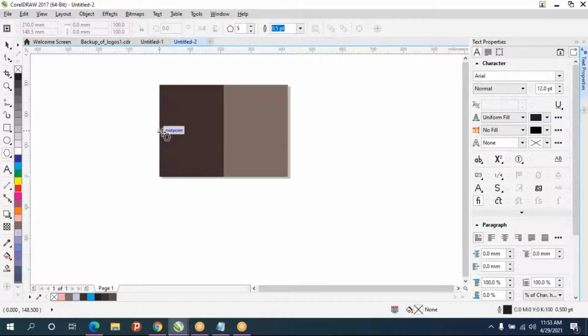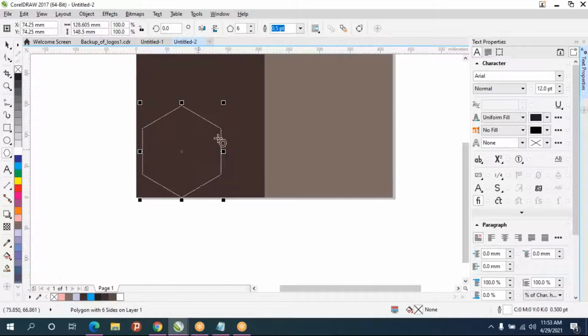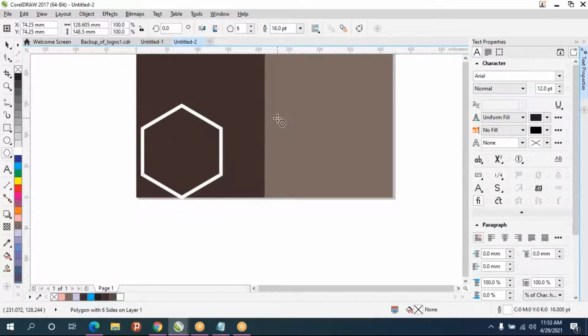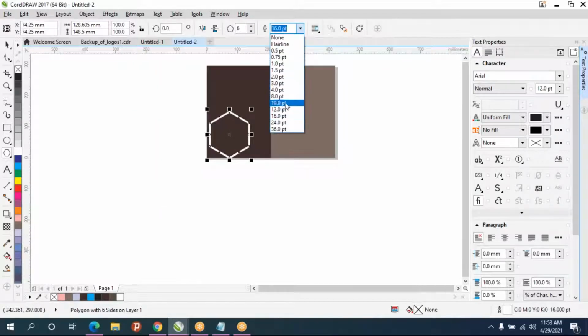I'll take polygon tool and hold control key. I'll increase the number of sides. I'll give some color to this. I'll give white color for the outline. I'll increase the outline. It's too much.